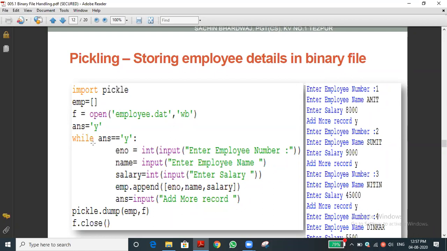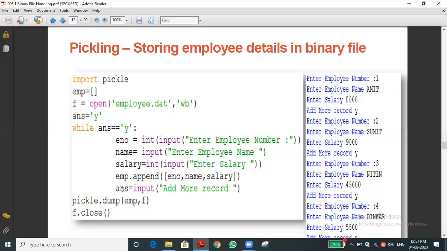While answer equal to y, if the condition is true, in eno we get the employee number, in name the employee name, and in salary the employee salary. Then notice emp dot append of a single element. We convert the three values into a single element.